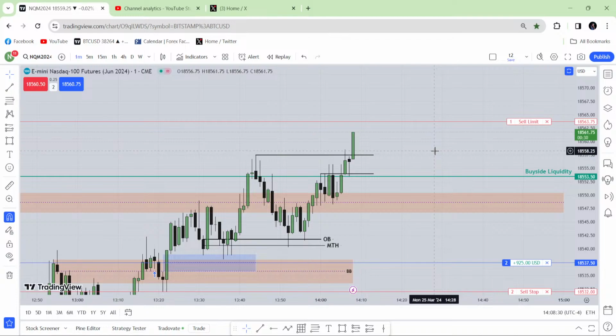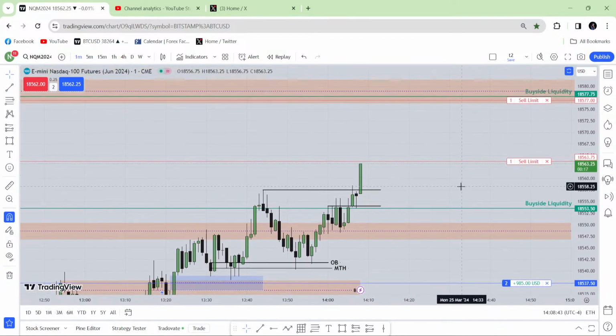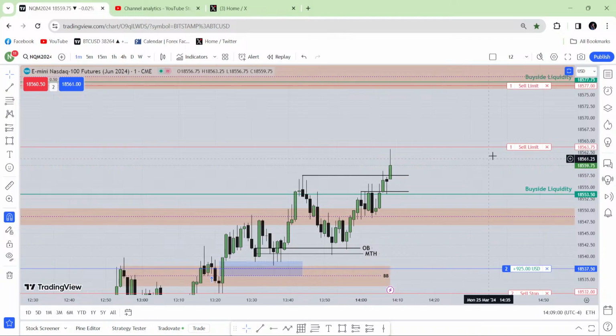Yeah, again, he is the best at describing MMXM, optimal trade entry, order block. I don't know how to use them, so I don't talk about them. If anyone is interested, like ICT told, market maker X model is the best model. If he had the chance to start again, he would start with the MMXM model. I don't know how to trade that one. I don't use that MMXM model, but if anyone is interested, you can check his account.